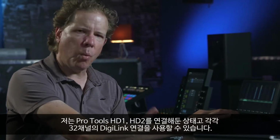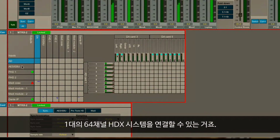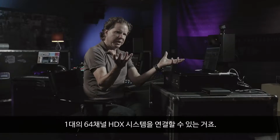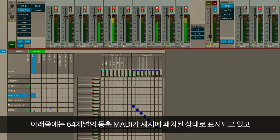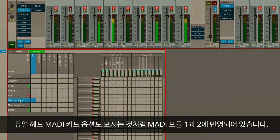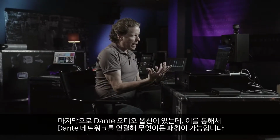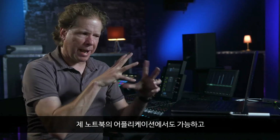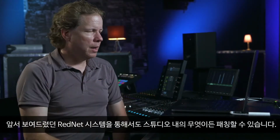I have Pro Tools HD1 and HD2. Those are each 32-channel Digilink connections that are able to connect, again, to either 2 Pro Tools rigs or, for example, 64 channels into one HDX system. Below that, I have the 64 channels of coaxial MADI on the chassis, which I can see is patched currently, as well as some optional dual-head MADI cards, reflected here as MADI Module 1 and 2. Lastly, the Dante audio option is installed, allowing me to patch anything over the Dante network, either from applications on my laptop or anything that I have in the studio, including some of the RedNet stuff